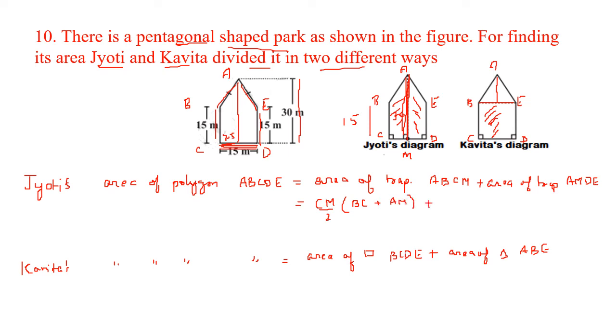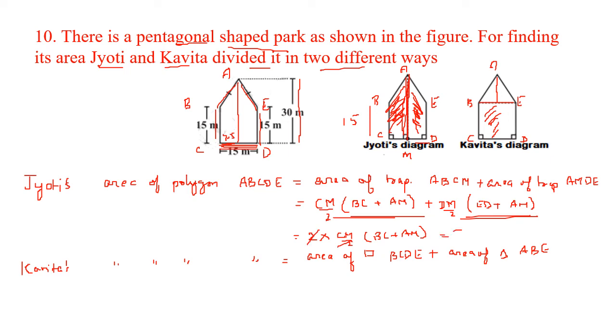The same thing here. The same diagram we have got now. We have got DM upon 2 into ED plus AM. You can see both the areas are the same. So you can find one area and multiply by 2. So I can just do 2 into CM upon 2 into BC plus AM. Because they both are the same area, it is symmetry. You can see this area and this area are the same. So I find one area and just multiply it by 2. So this 2 and 2 cancel off.